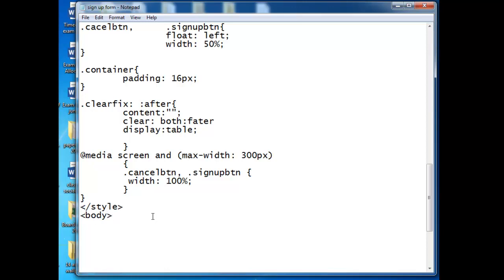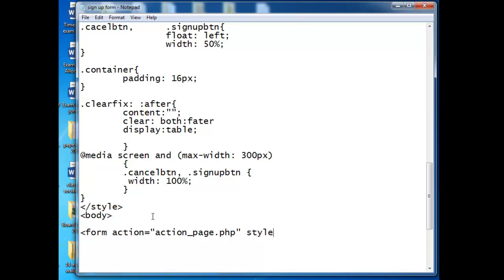On a form I have to create form action is equals to action underscore page dot php. We'll explain this php later in this tutorial or in the next tutorial, and I'll be giving it style equals